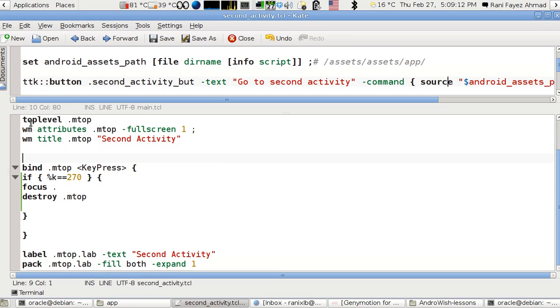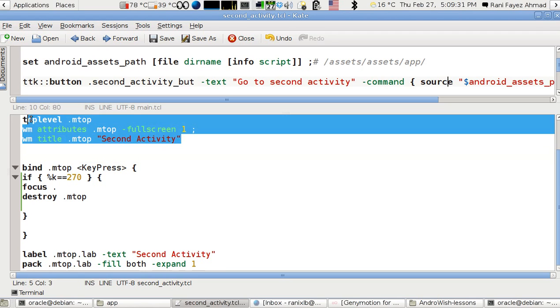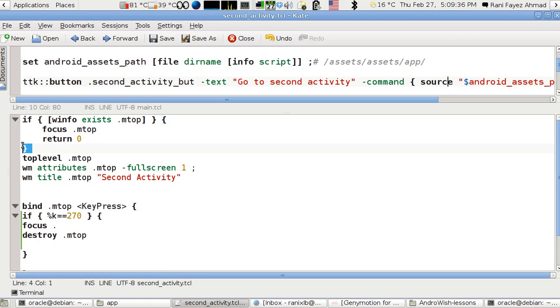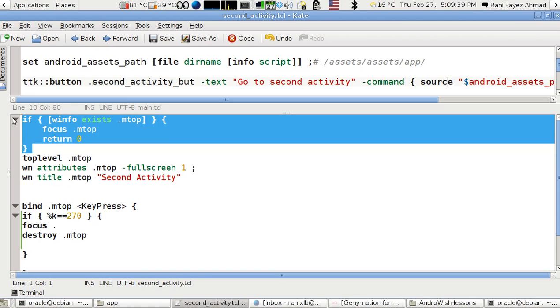So, I'm separating it into separate files, because it's better to put every window in a separate file. Okay, so you'll know where you stand. So top level dot on top, I'm creating that window, but before that I'm making sure that it does exist, because if it exists, maybe you have by mistake